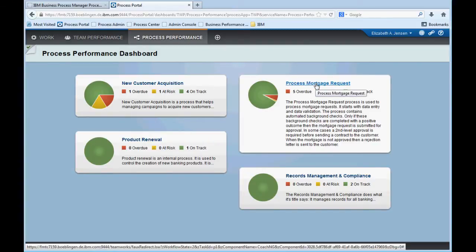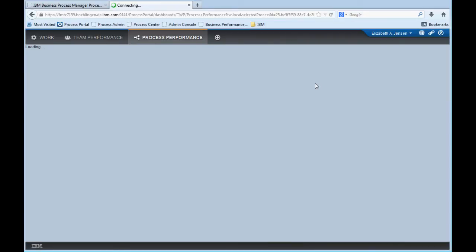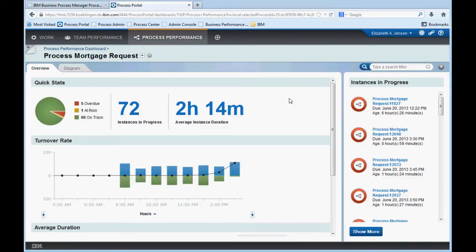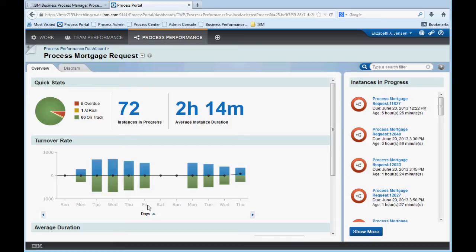She drills into the mortgage request process. This is a process at the bank where she has identified that there are a couple of processes that are overdue and at risk. And so she's looking at the overall number of instances in the system first. She looks at the pie chart to see how many instances are in progress in each of the categories. And she looks at the overall average instance duration time, which gives her an indication of how well processes are